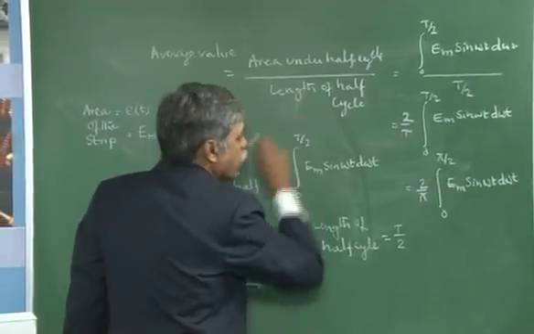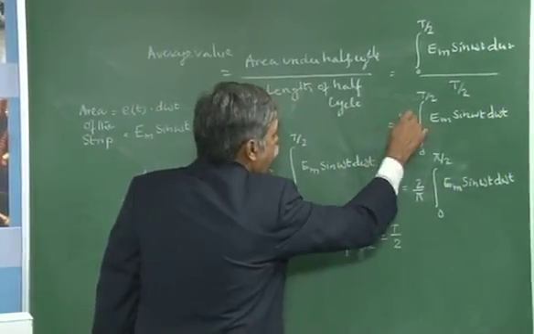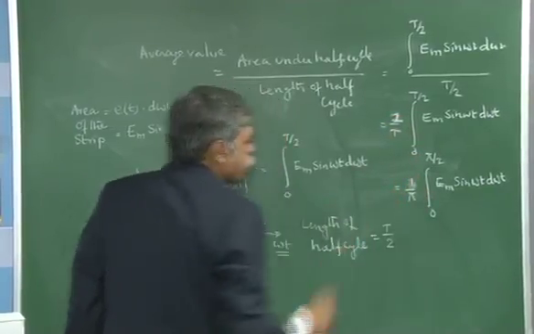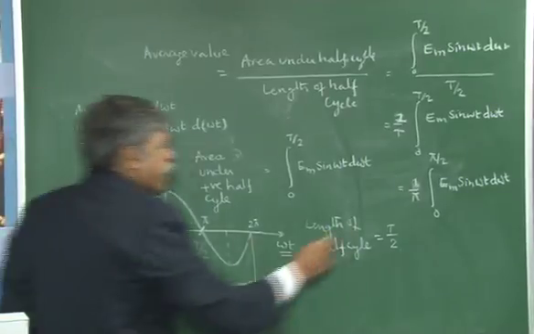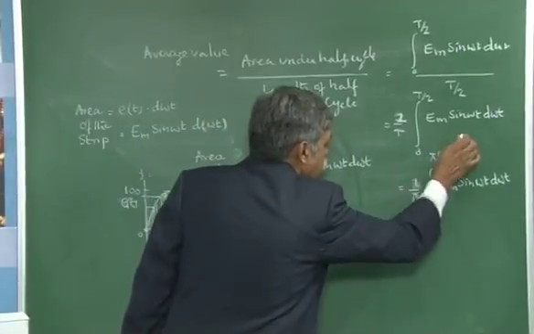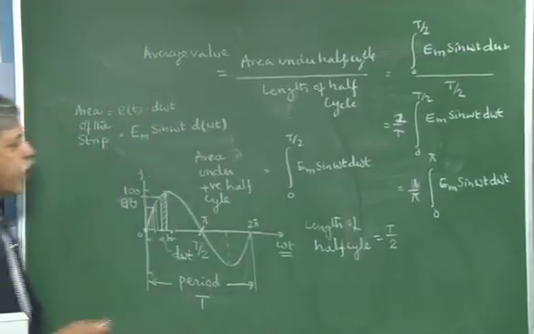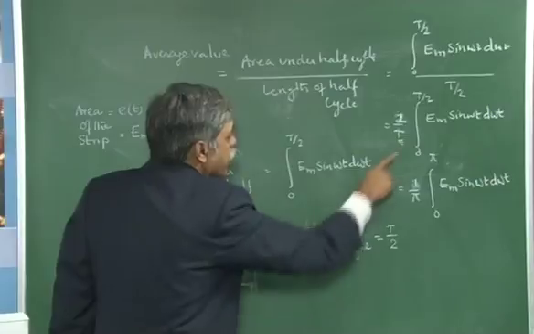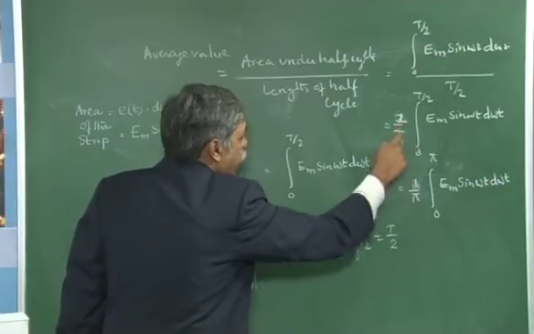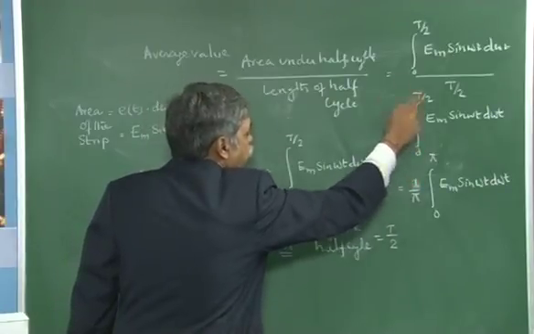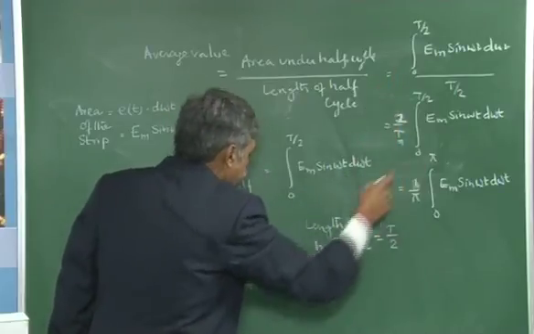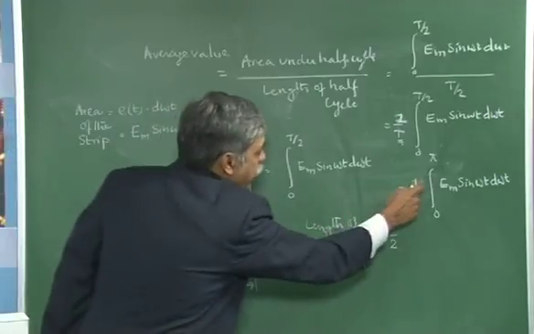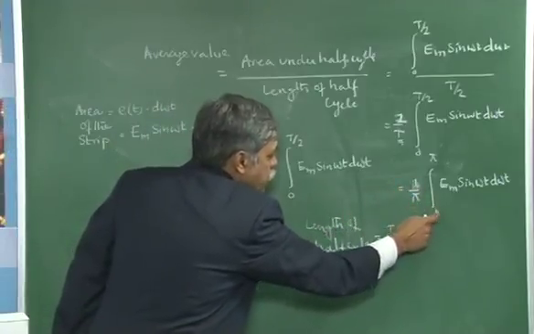So, the length of the half cycle I can write as 1/pi here. This was 2/T, but here it becomes 1/pi, and the limits of the integral become 0 to pi. Kindly note that earlier I had 2/T and 0 to T/2, the half cycle length in time. Here the full cycle is 2 pi radians and the half cycle is pi radians. Therefore, I get 1/pi times the integral from 0 to pi.